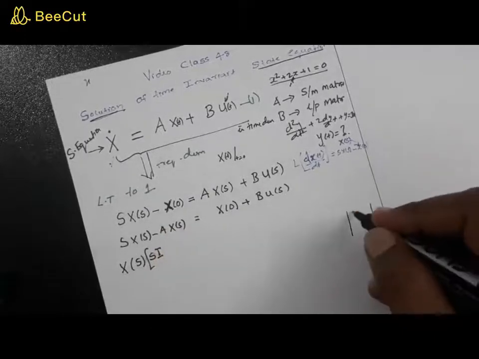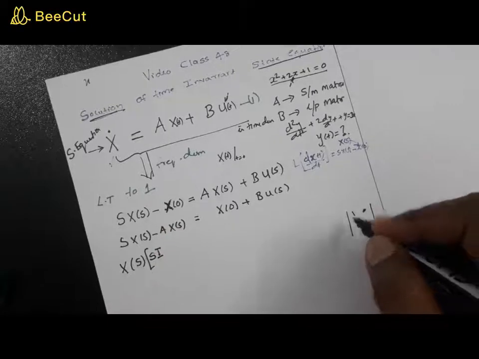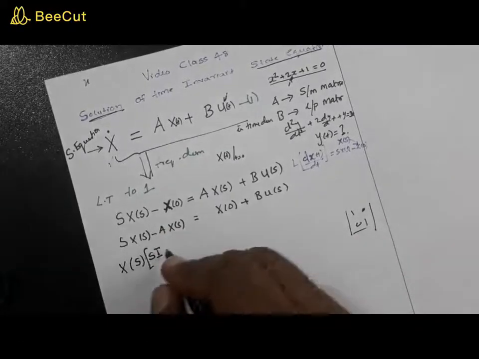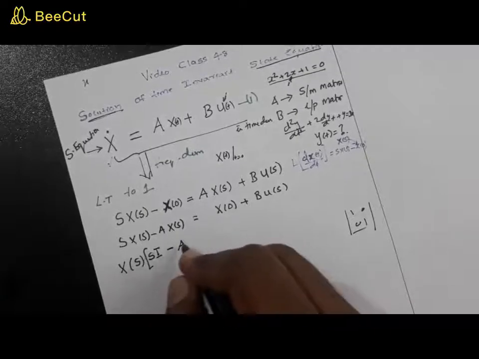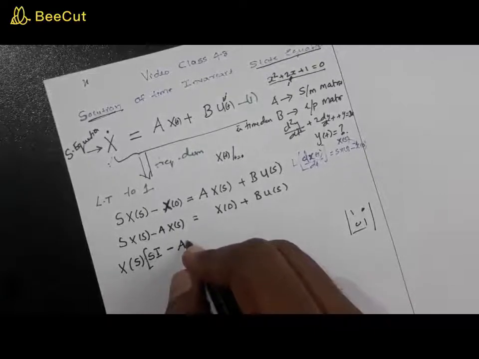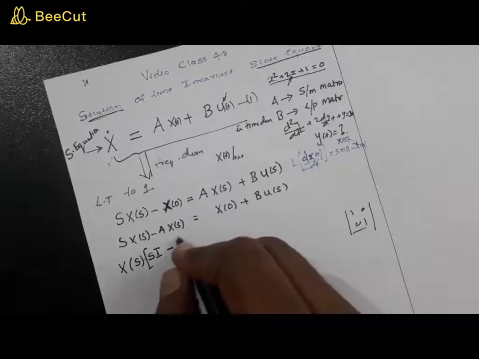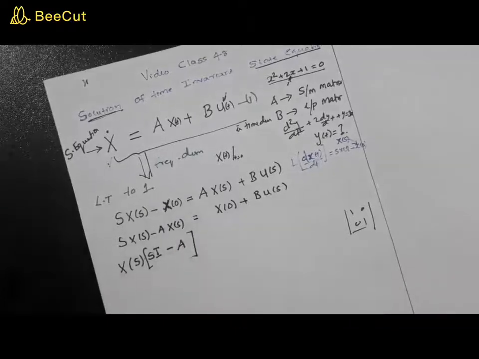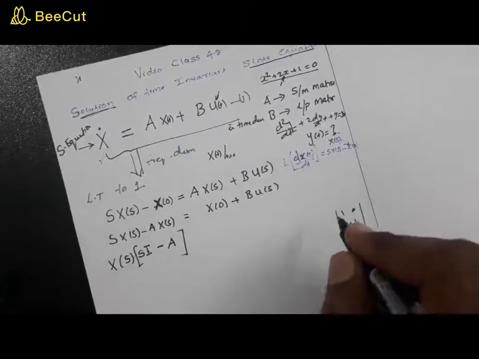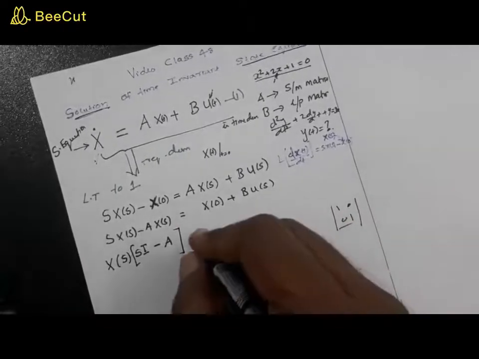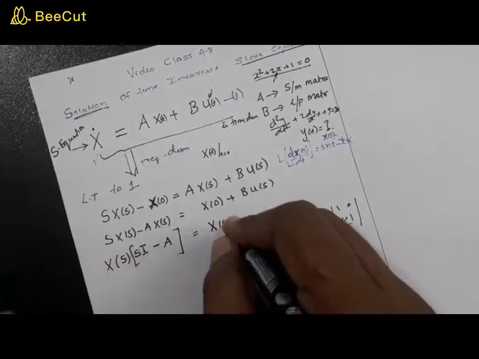Its diagonal elements are 1. So this is sI minus A itself a matrix, so there is no point in writing A into I, because A into I is A itself, since A is another matrix. So this is sI minus A, where I refers to the identity matrix, which is equal to x of 0